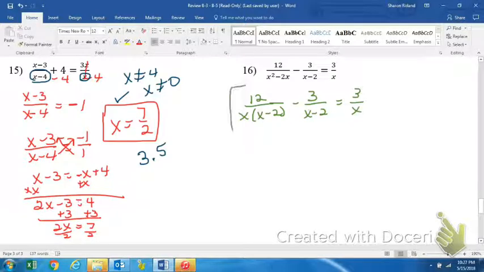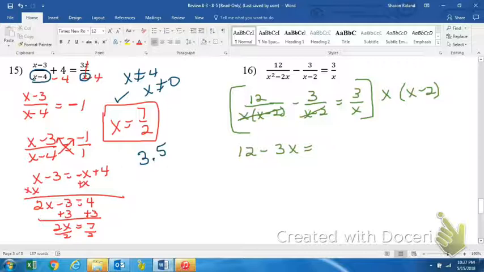If I multiply it by what would be the common denominator, I'd be multiplying it by x times x minus 2. Okay, the first fraction, the entire denominator cancels with what we're multiplying it by, and you end up with 12. On the next fraction, x minus 2 cancels, but the x stays there, so it's minus 3x equals, in the last fraction, the x's cancel, and you're left with 3 times x minus 2, so that's going to be 3x